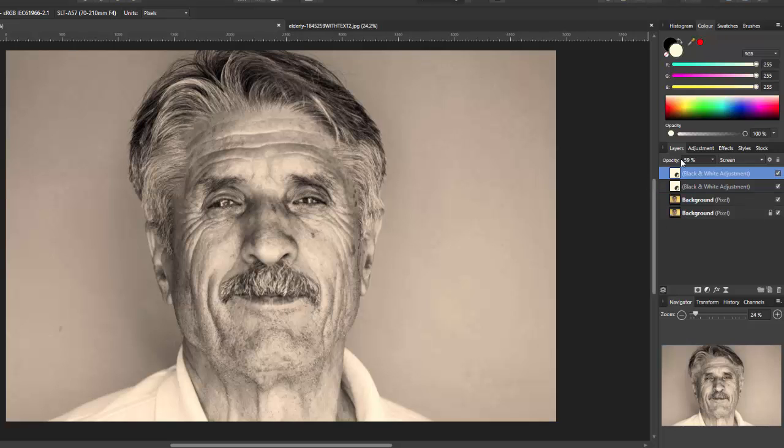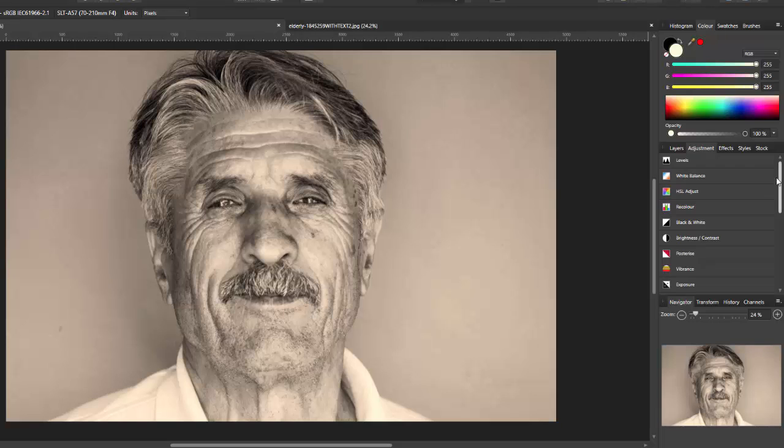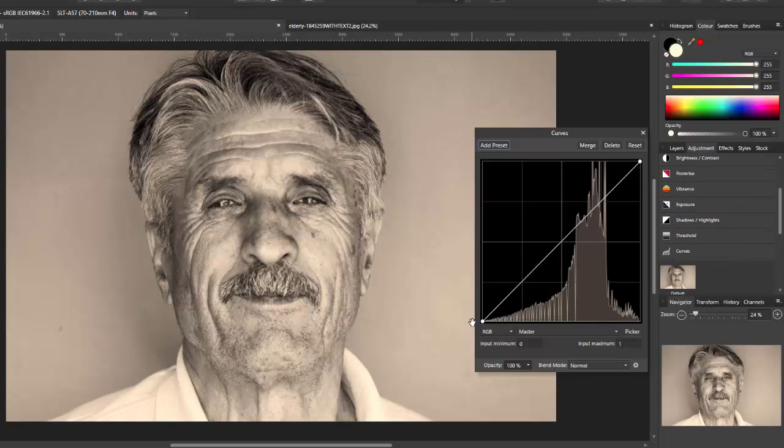And the next adjustment I'm going to add is a curves adjustment, and as you can see here the pixels are mainly down here in the lighter whiter end of the spectrum because there is more white here than black. So I just want to bring back some contrast,